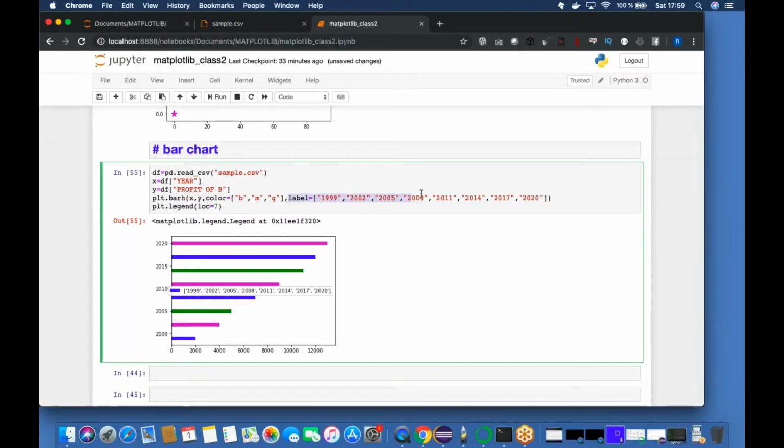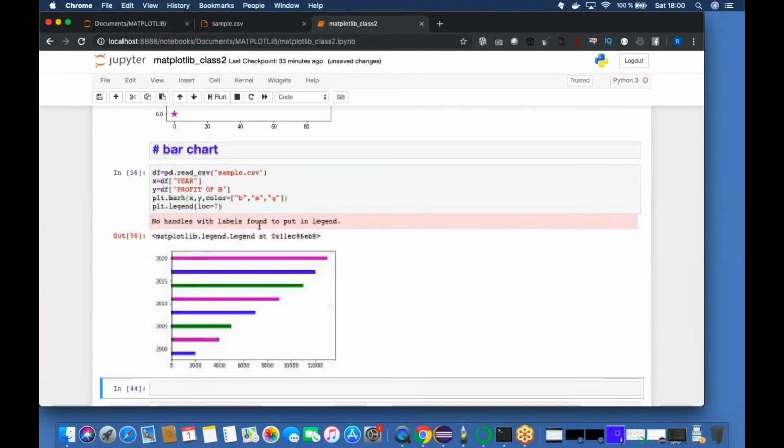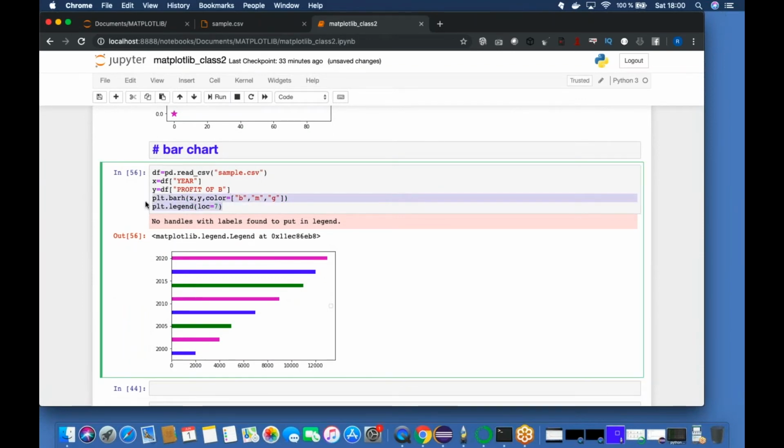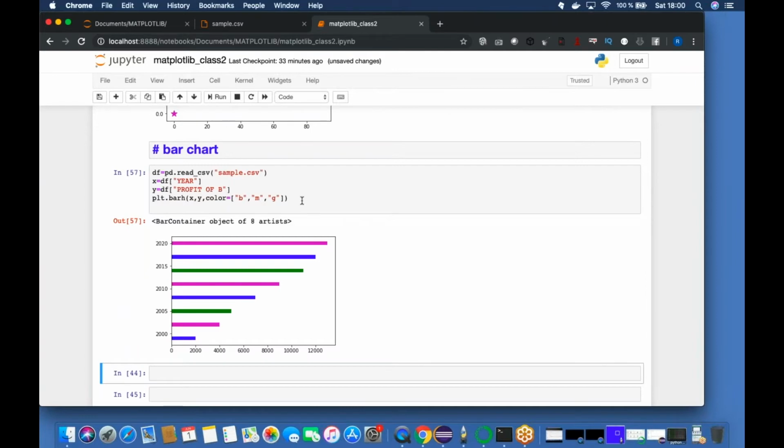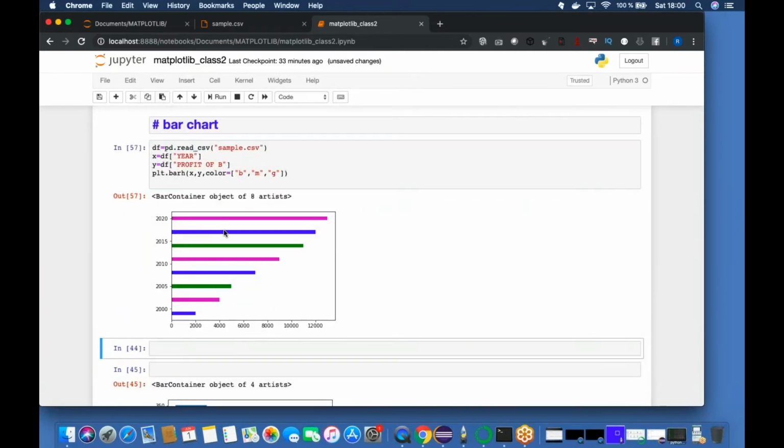I think this is not required. No handles label found. Okay, quite done. So let me just do it in a different way. What if we put plt.barh x and